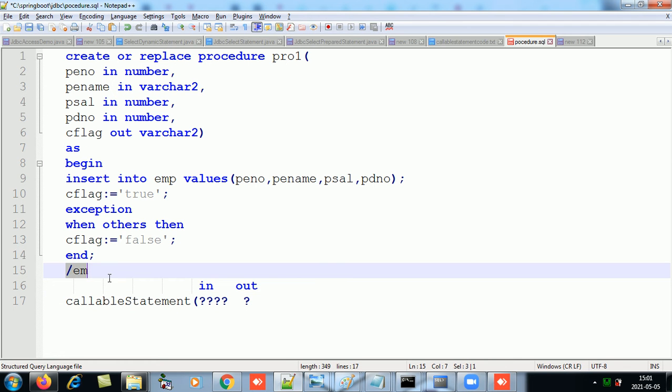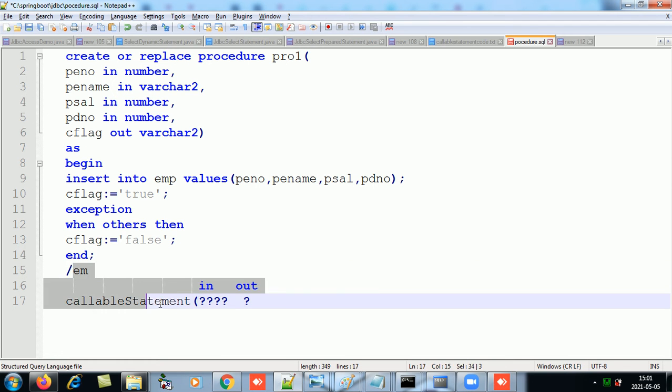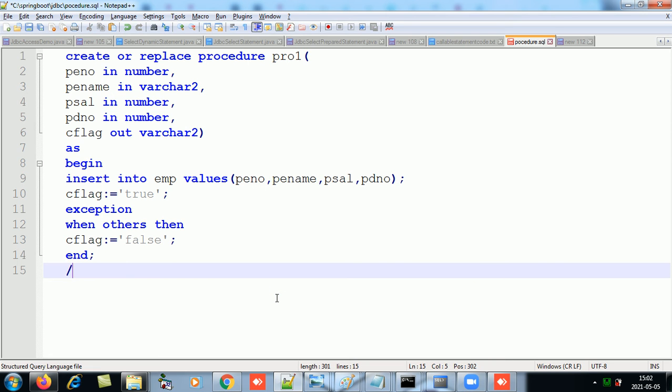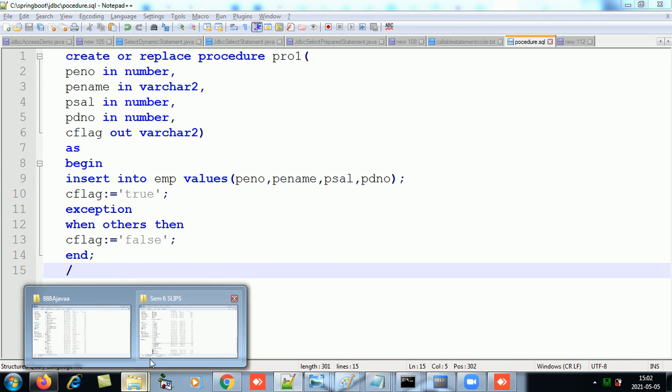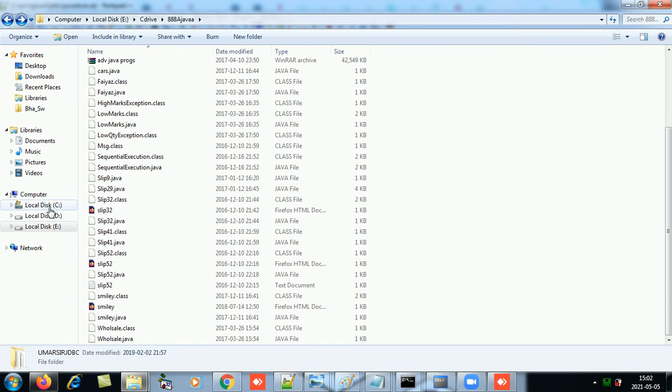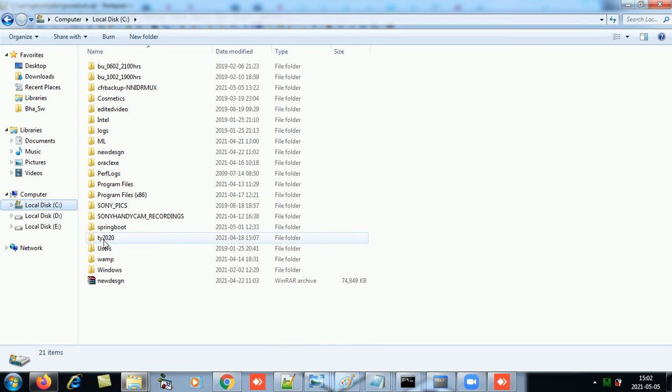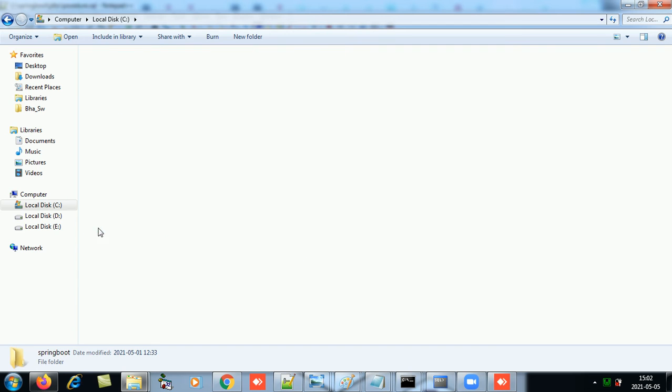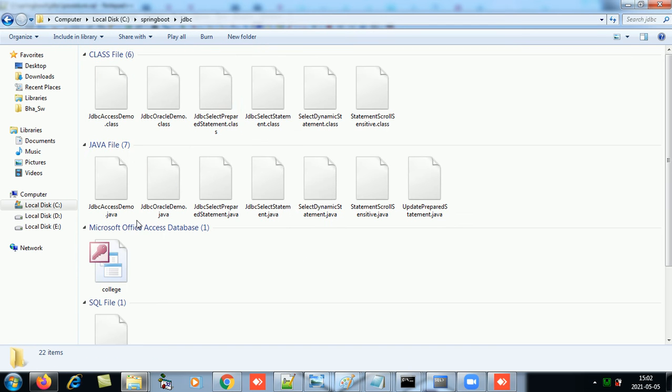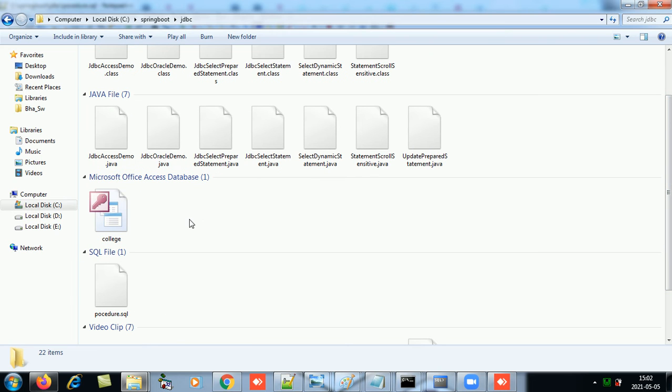So first let's create this procedure in Oracle. I've written this in a .sql file. I save this. Now I need to go to the path where I have written this. Here is that procedure SQL file.